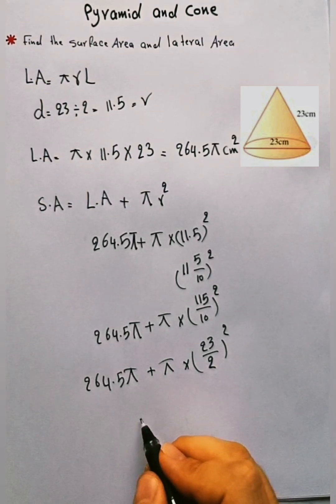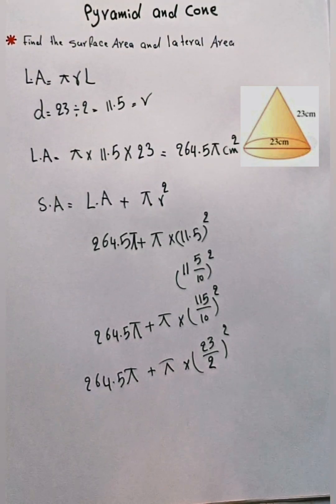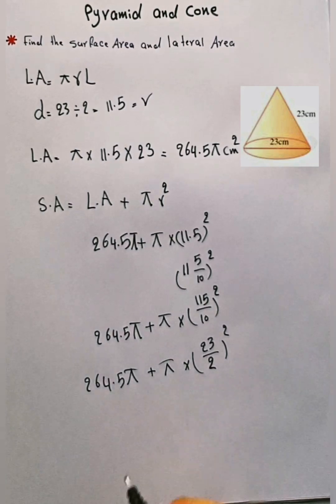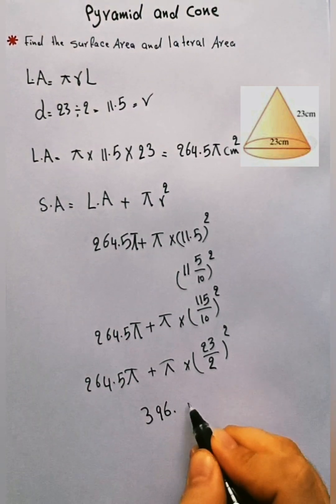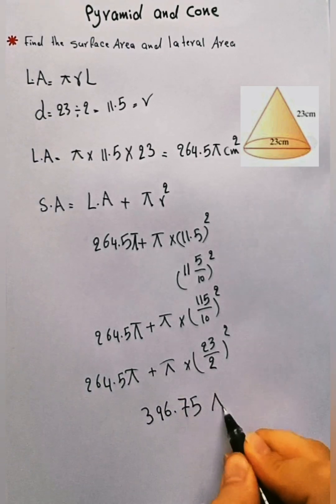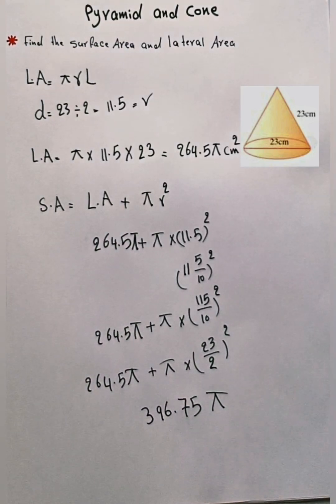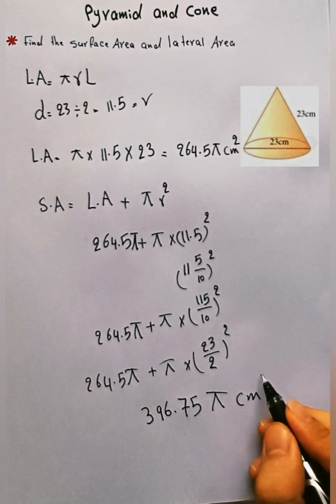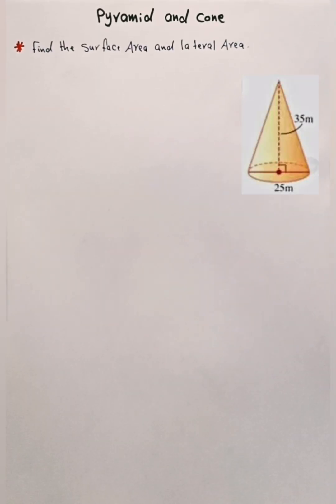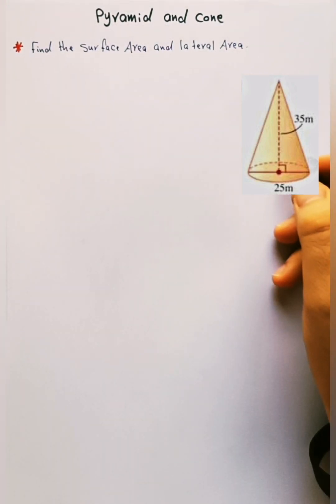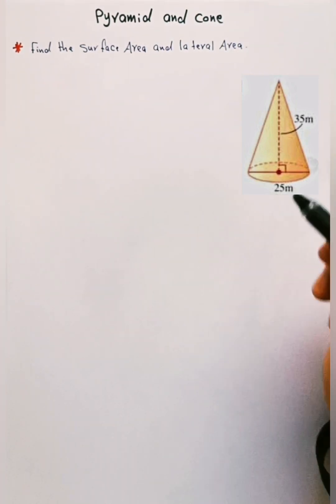After that, the sum of these two terms equal to 396.75 pi centimeter square. After that, you have to find the surface area and lateral area for this